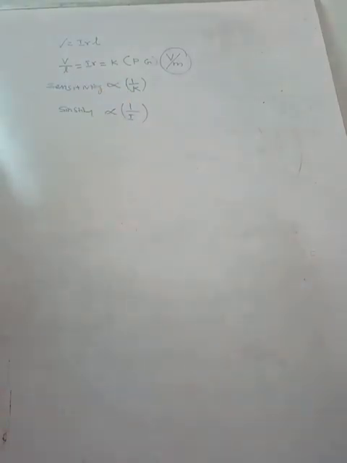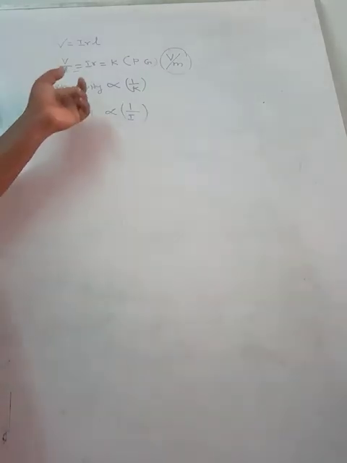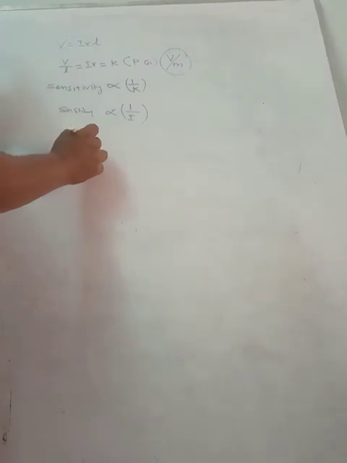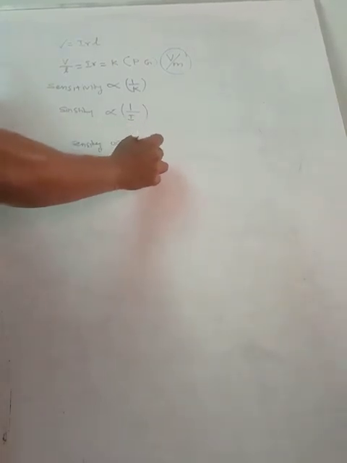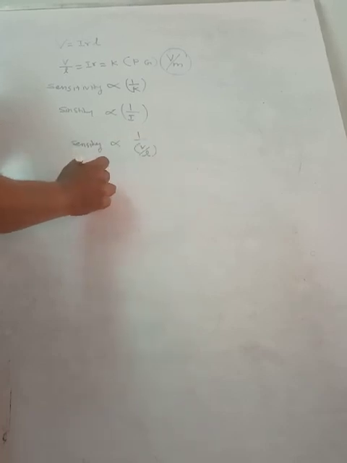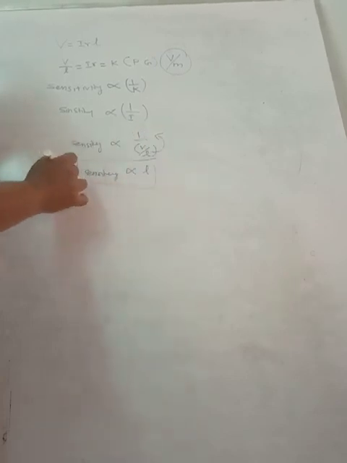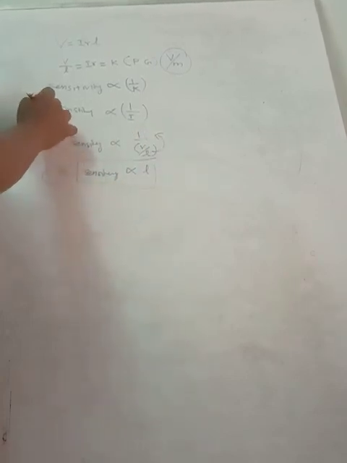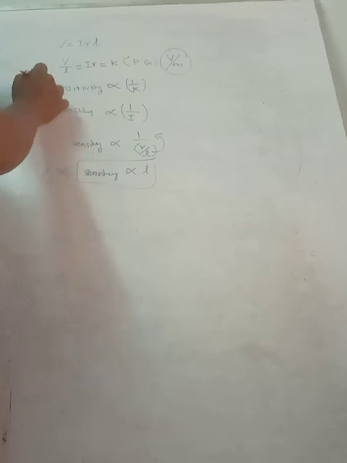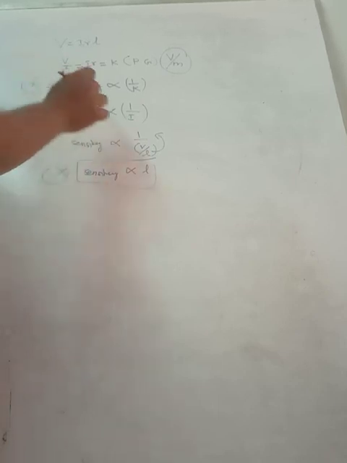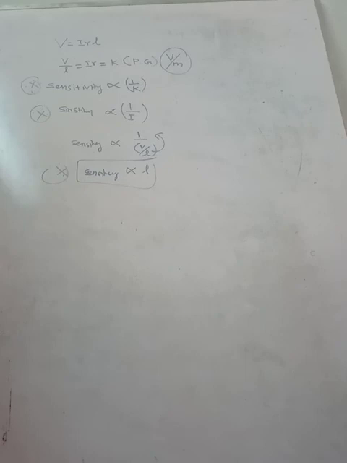So how can we increase the sensitivity of the potentiometer? One more thing also you can do, sensitivity is inversely proportional to V by L. That means sensitivity is directly proportional to L. The L will come up, so you can write the sensitivity is directly proportional to L. So three important factors. Either you have to decrease the potential gradient,